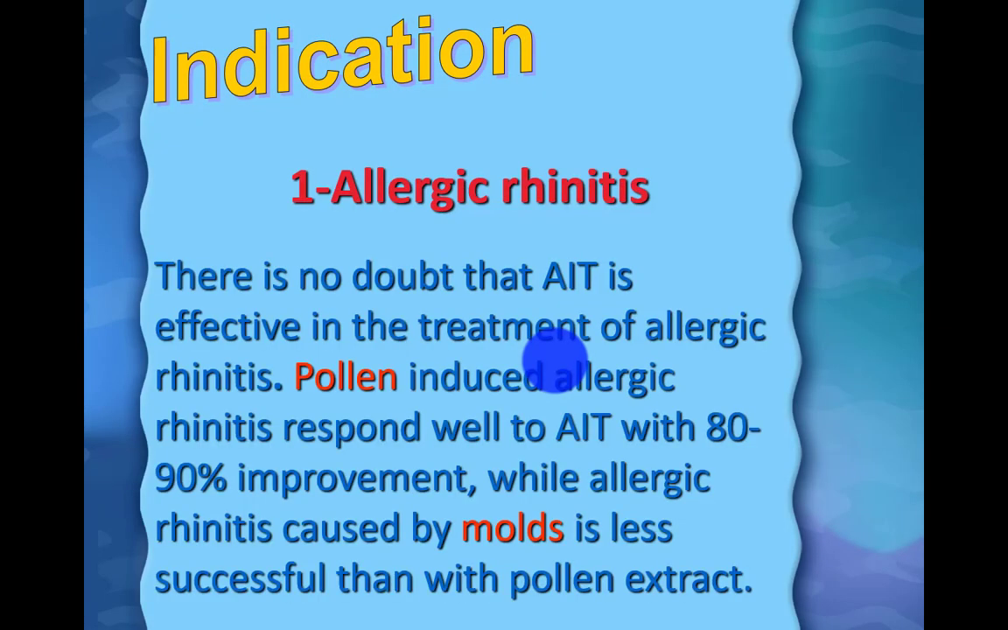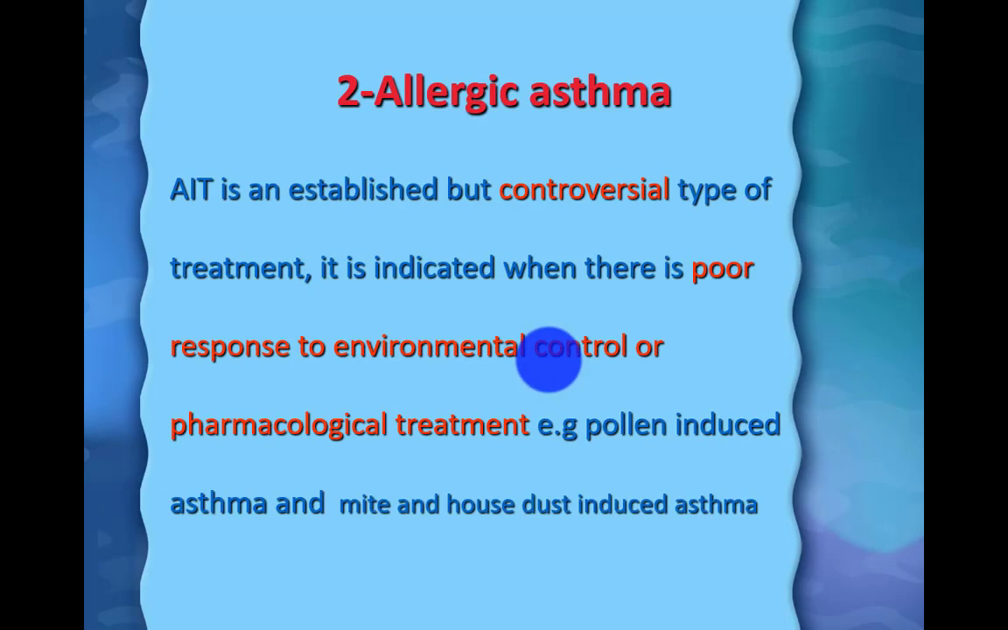Indication: allergic rhinitis. There is no doubt that EIT is effective in the treatment of allergic rhinitis. Pollen-induced allergic rhinitis responds well to EIT with 80 to 90 percent improvement, while allergic rhinitis caused by molds is less successful than with pollen extract. Allergic asthma. EIT is an established but controversial type of treatment. It's indicated when there is poor response to environmental control or pharmacological treatment. Pollen-induced asthma and mite and house